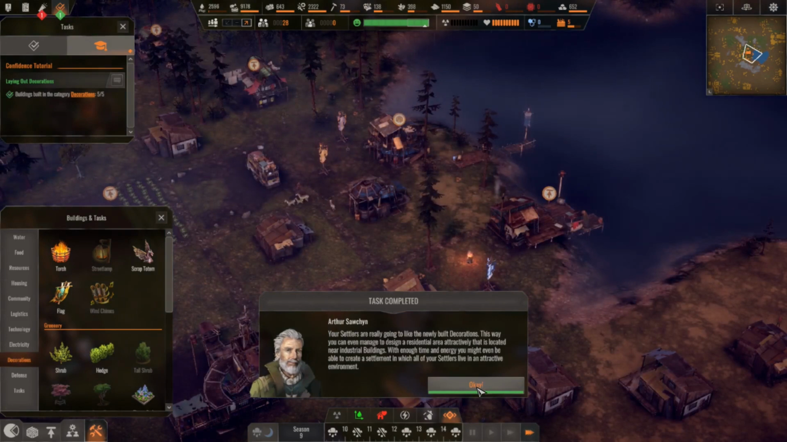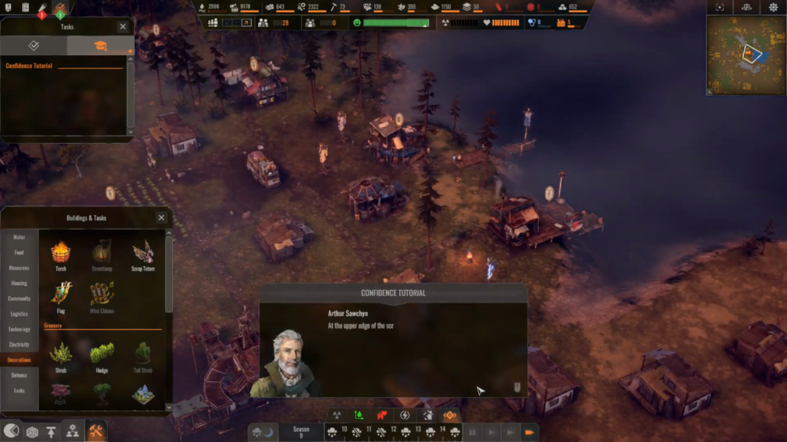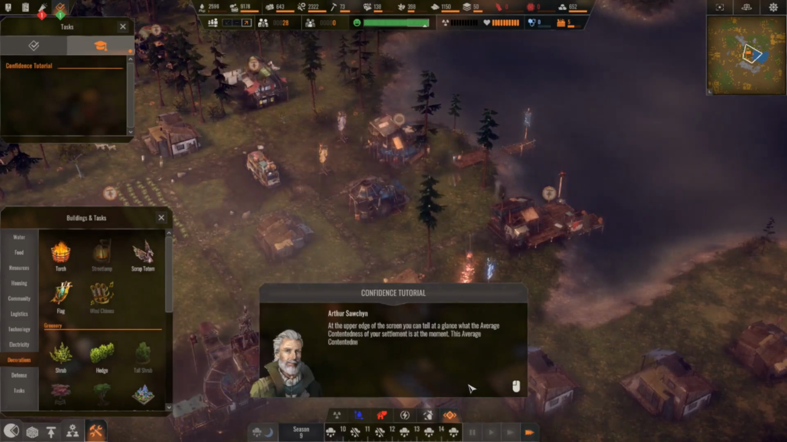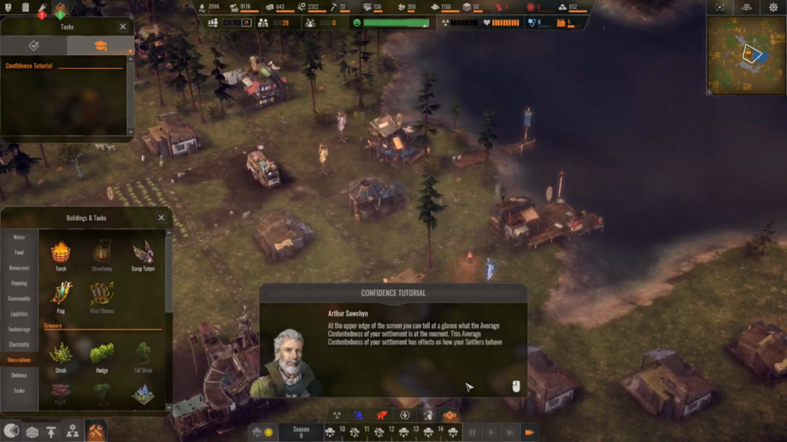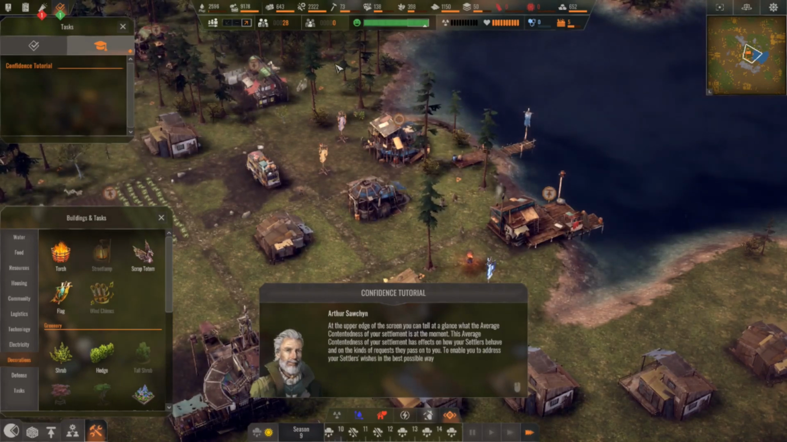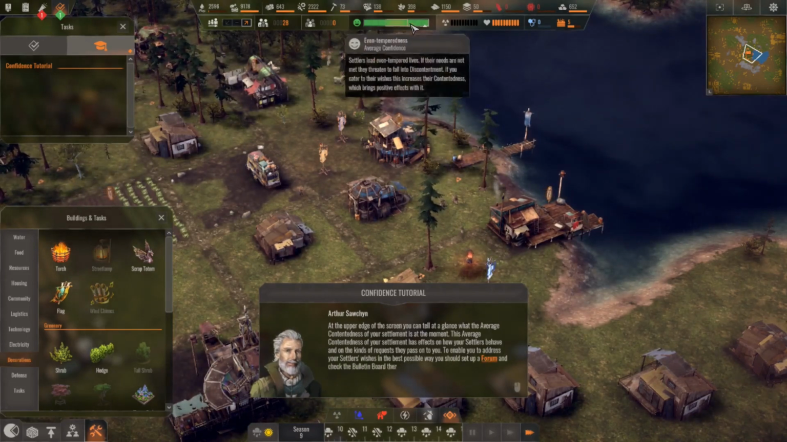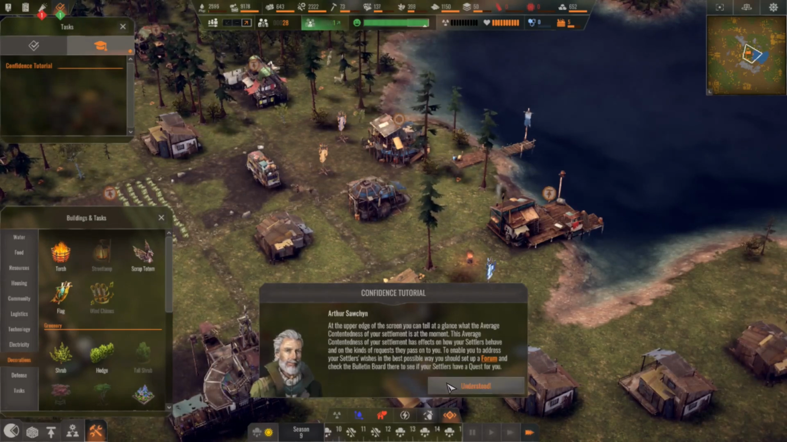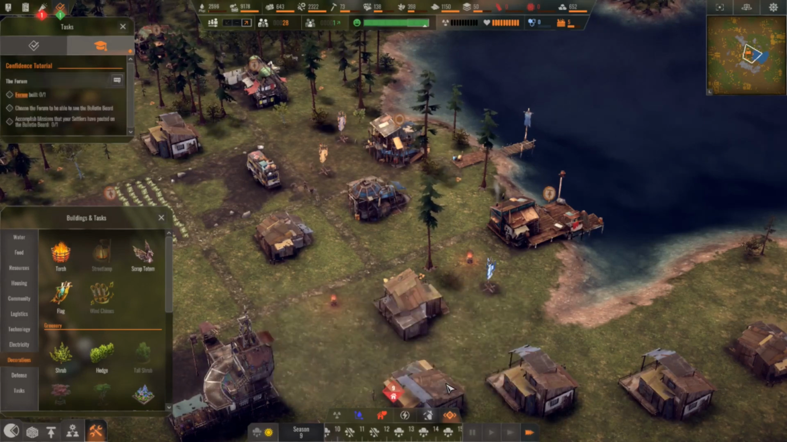in an attractive environment. At the upper edge of your screen, you can tell at a glance what the average contentedness of your settlement is at the moment. This average contentedness of your settlement has effects on how your settlers behave and on the kinds of requests they pass on to you. To enable you to address your settlers' wishes in the best possible way you should,